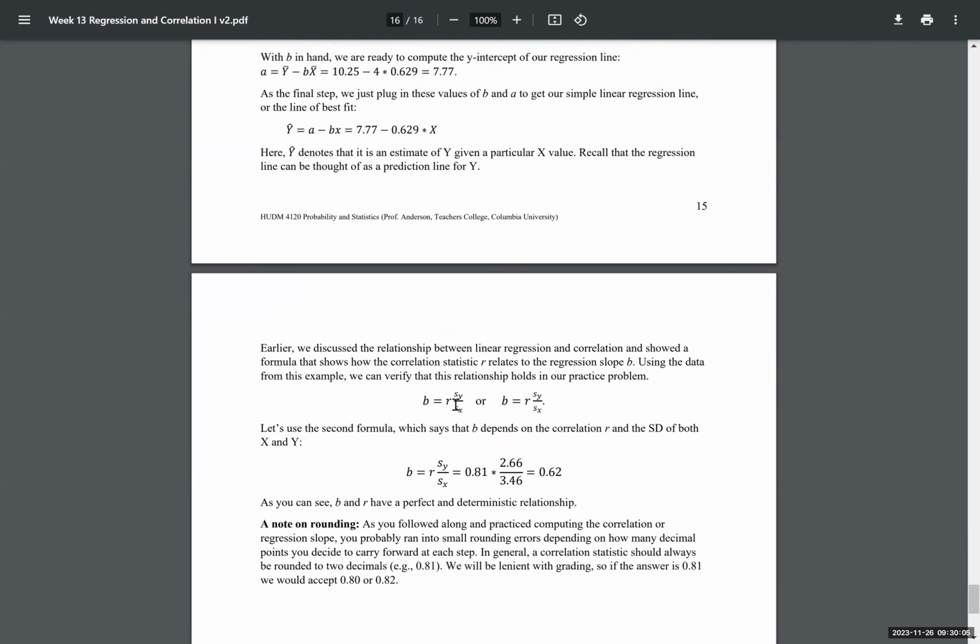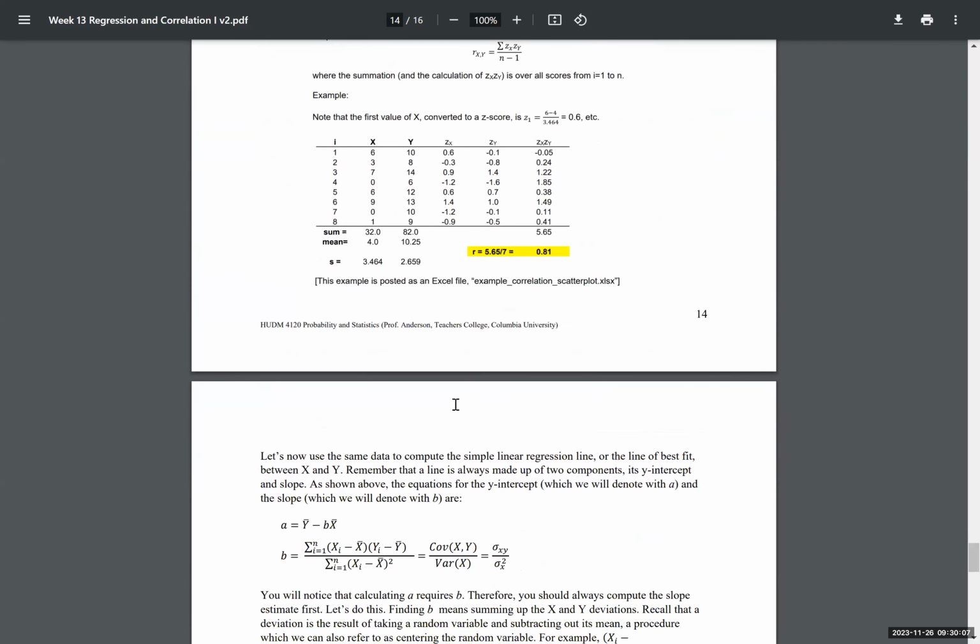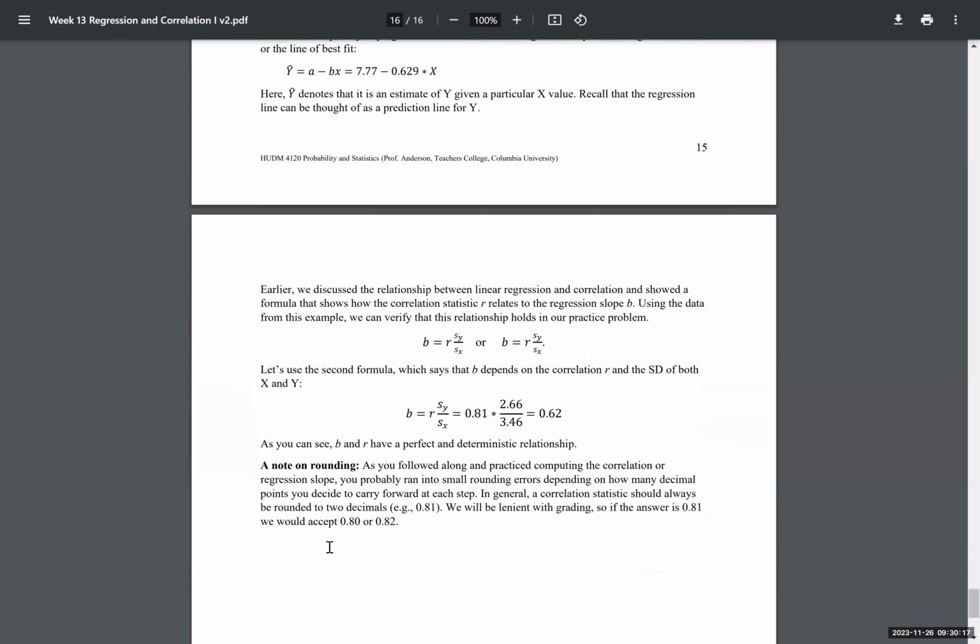So what that means is, if you know the correlation, you can get B with that formula. So we see a second formula for B below. It also means if you have the regression line, you can just get to the correlation really easily. So we want to remember that association